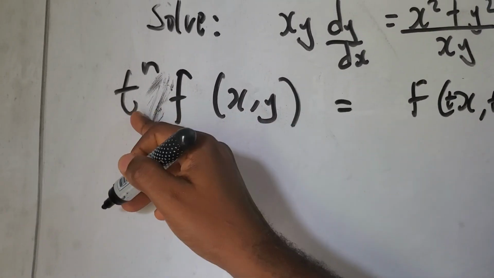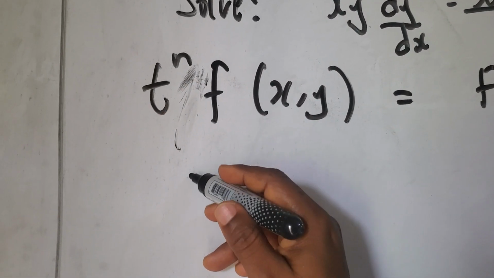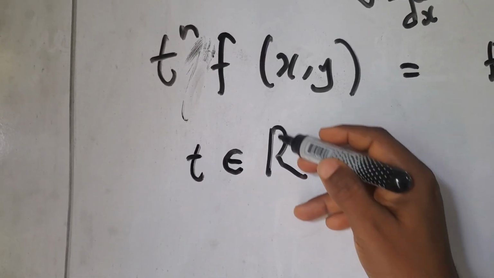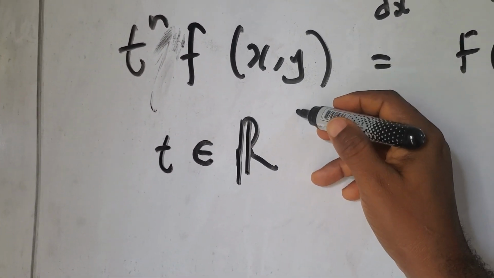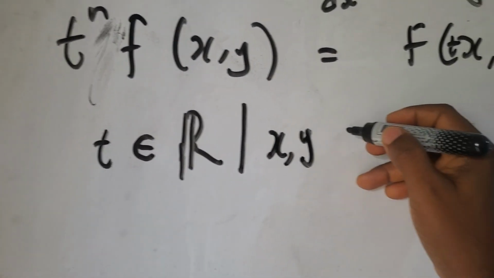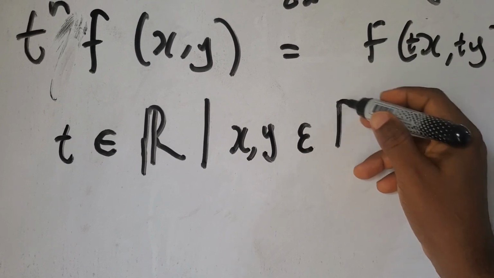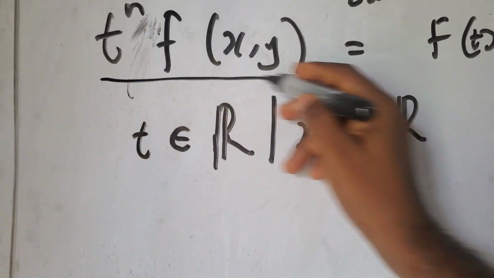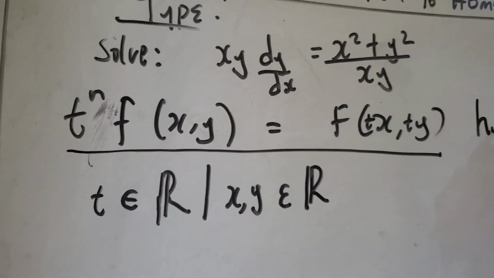We assume that this particular variable t is an element of real number such that x and y are also elements of a real number. When we have this condition, then this particular condition satisfies homogeneity